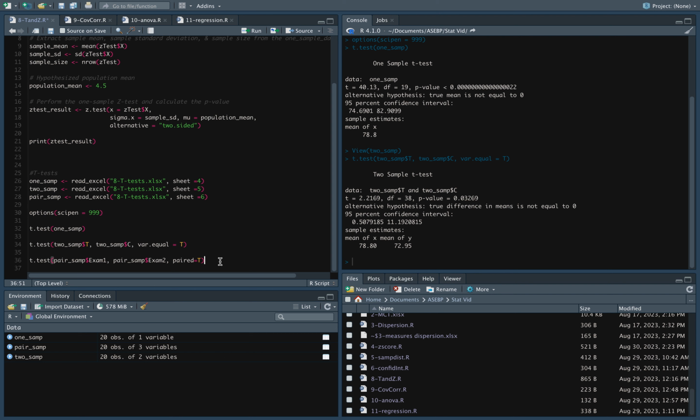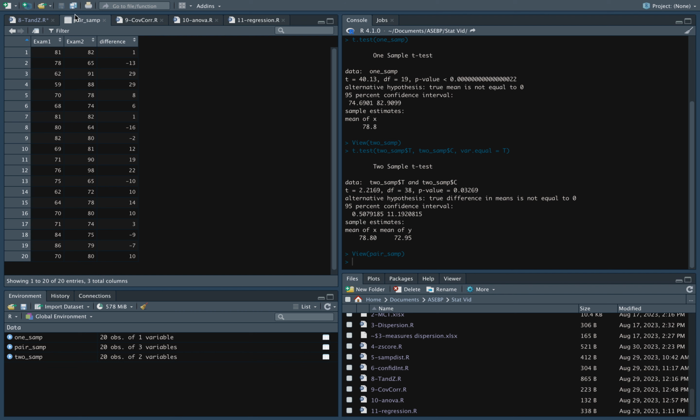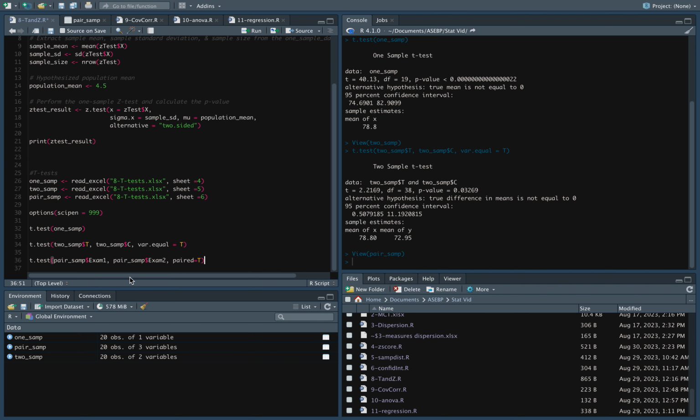Finally, we're going to do a paired sample t-test. Now recall that the paired sample t-test has to do with a sample where one of the samples has some effect or has a hypothesized effect on another. So in this case, we have some exam scores, and we're trying to see whether the average of the exam scores from exam 1 to exam 2 are different, and how different they might be. So we're going to do a t-test, and we're going to use our paired sample data set, and we're going to use the column exam 1 and compare it to the column exam 2. And we're going to tell R that this is a paired t-test. So we're going to set paired equals true. And when we run this function,